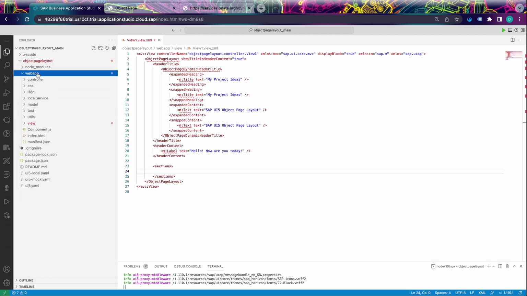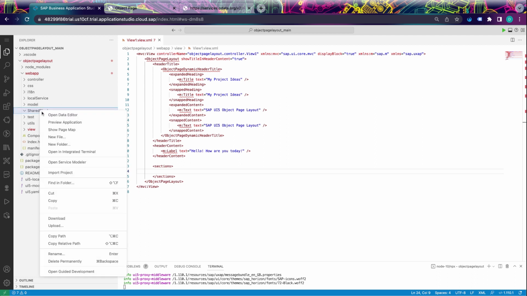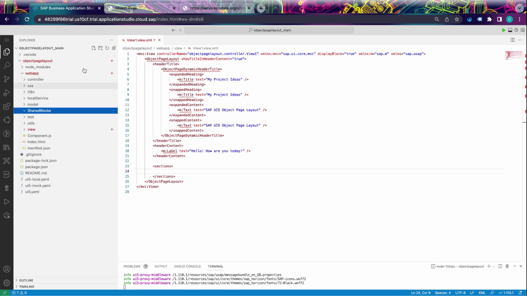I would create a folder called shared blocks. Inside this, I would create a folder called info,